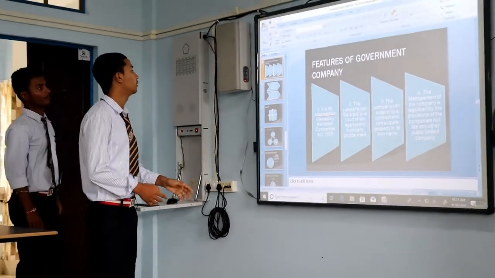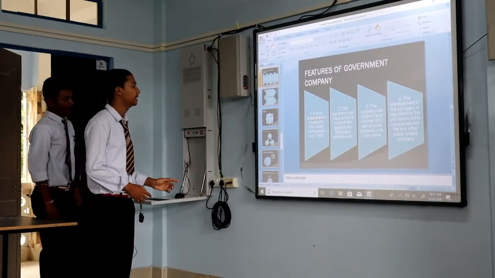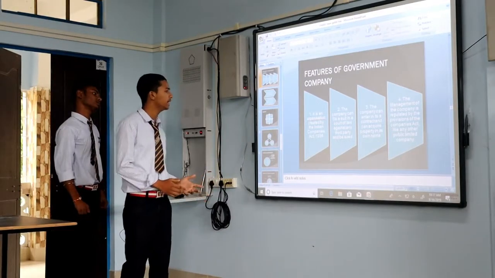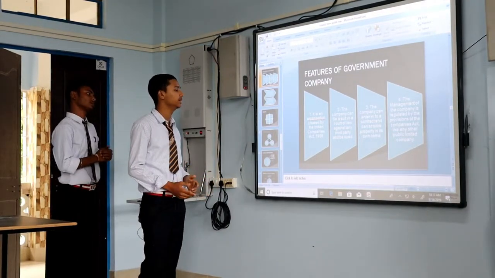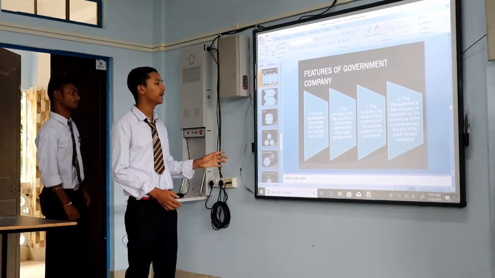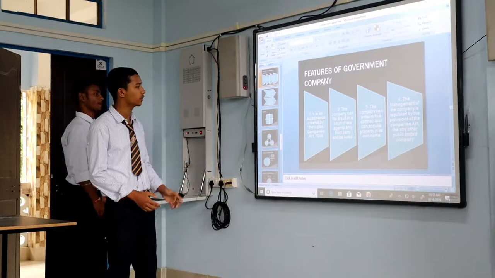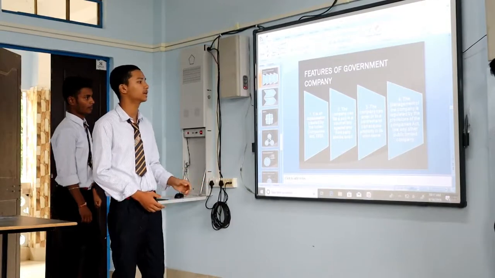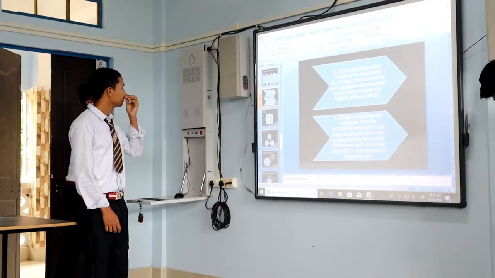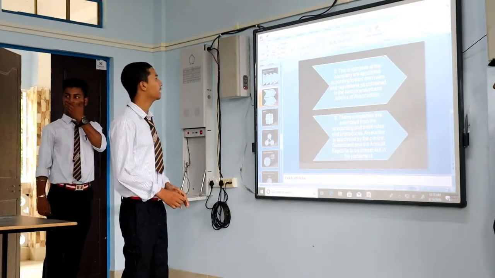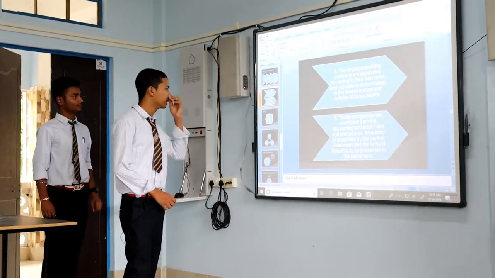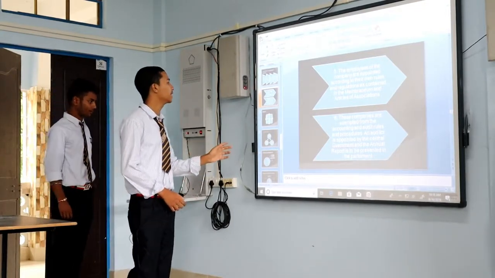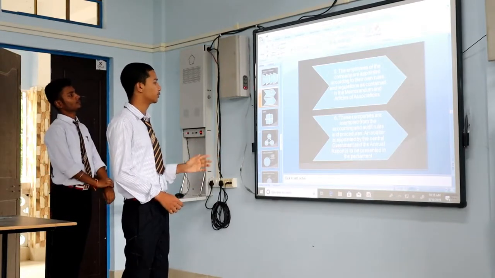So here are the features of a government company. It is an organization created by the Indian Companies Act of 1956. Second one is the company can file a suit in a court of law against any third party and be sued. Third one is the company can enter into a contract and can acquire property in its own name. Fourth one is the management of the company is regulated by the provisions of the Companies Act. Fifth one is the employees of the company are appointed according to their own rules and regulations as contained in the Memorandum and Articles of Association. Sixth one, these companies are exempted from the accounting and audit rules and procedures.